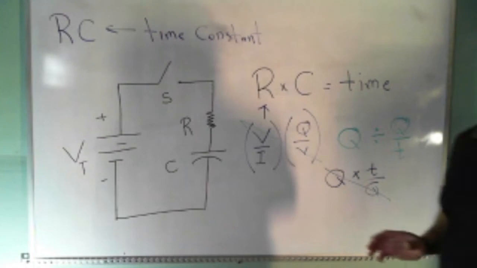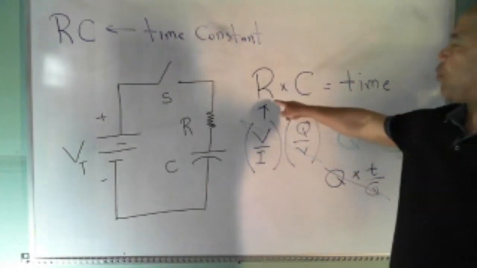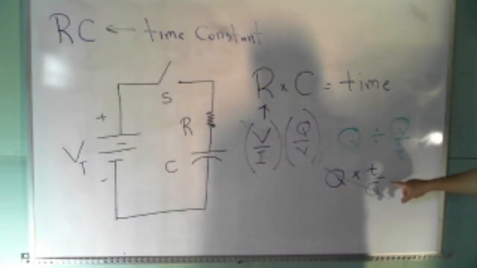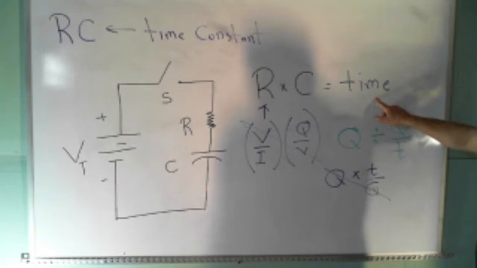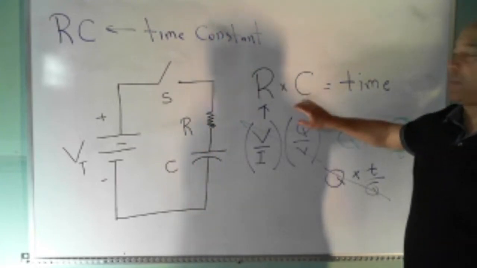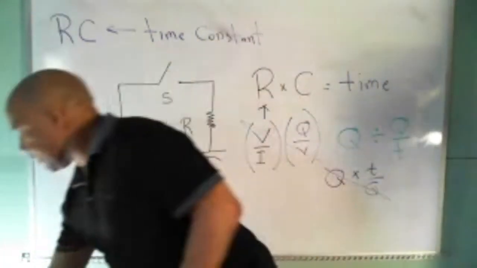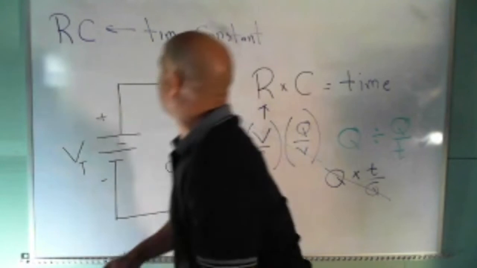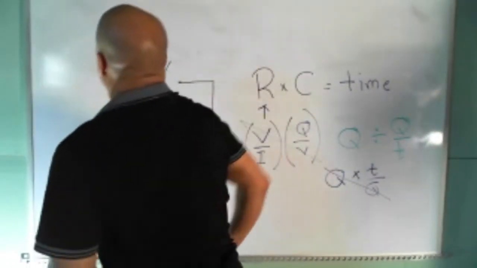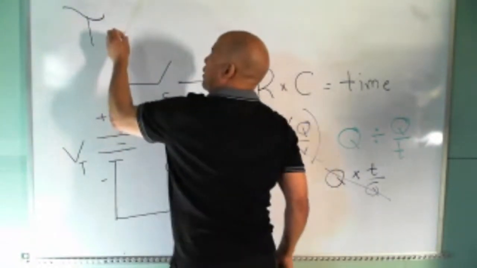Okay, so let me go back through what I said before. I wanted to look at the product of R times C, and through my calculations, you can see that we ended up with time. So what I said was this product of RC is so important that they give it a name, they call it a time constant. And the way they denote a time constant is with this Greek letter tau. So tau equals